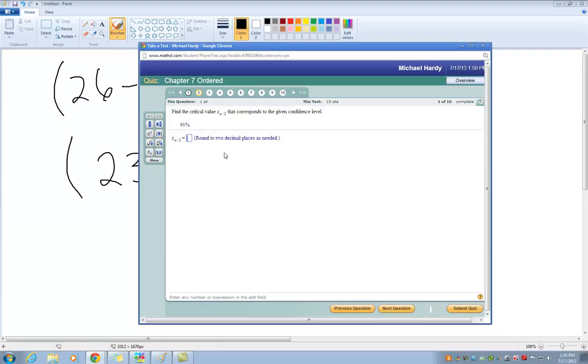All right. Now looking for critical values. Critical values aren't going to be as critical to us because we're going to be using the program StatCrunch, and it will just spit out a confidence interval right away without having to look up a critical Z. But this comes up in the quiz here. It might even come up in your little test that we're going to have you do after you go through this, okay?